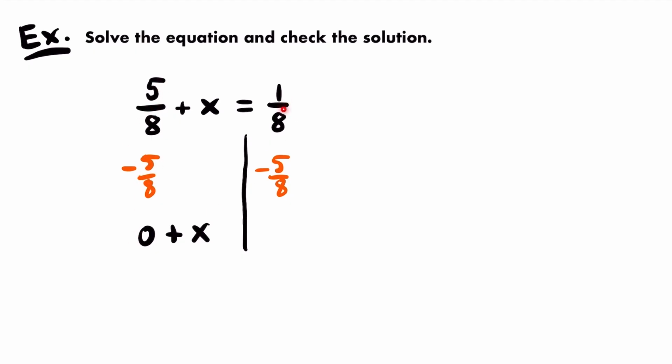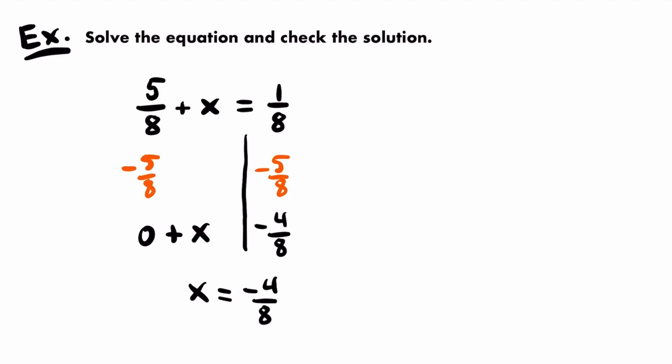And then 1/8 minus 5/8 would be -4/8, right? We do have a common denominator here, so we can subtract the two fractions. Specifically, you want to subtract the numerators, or the top of the fractions, and 1 minus 5 is -4. Okay? So then 0 plus x is just x, so we get x equals